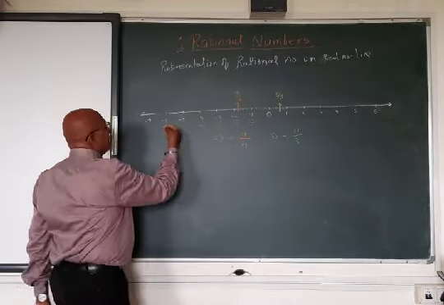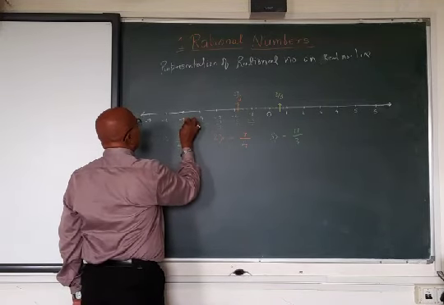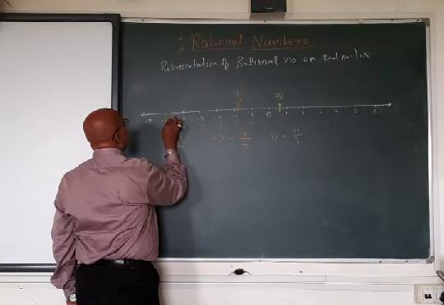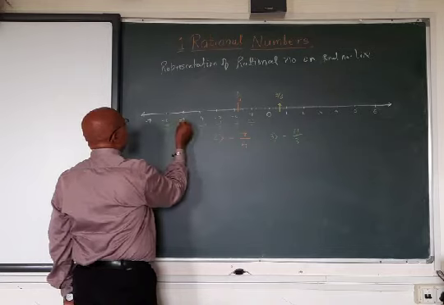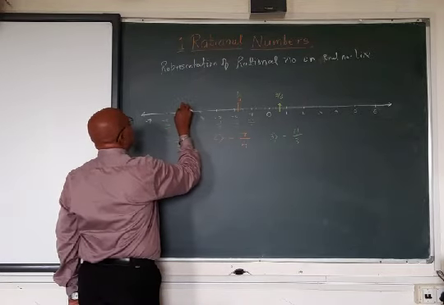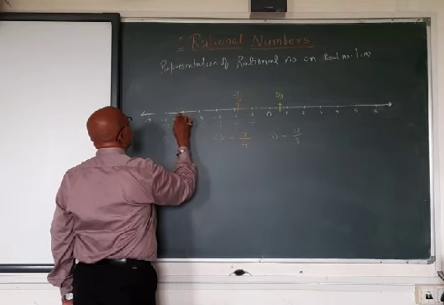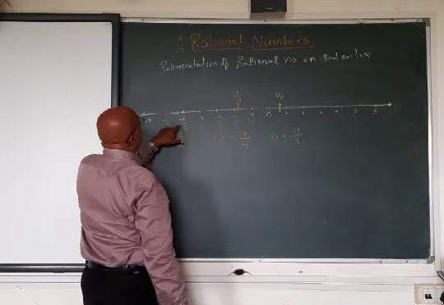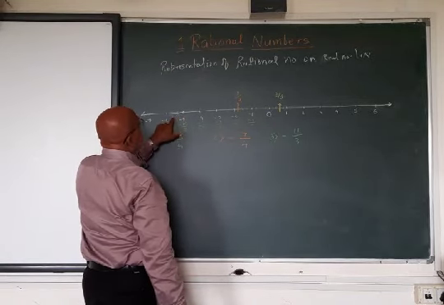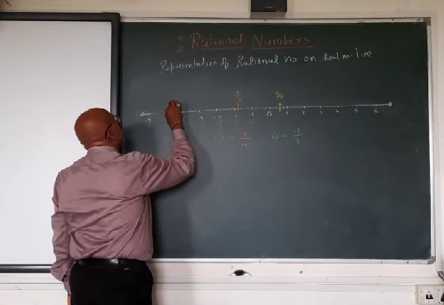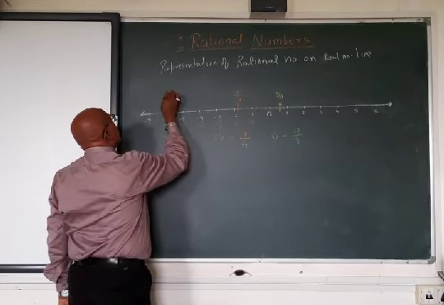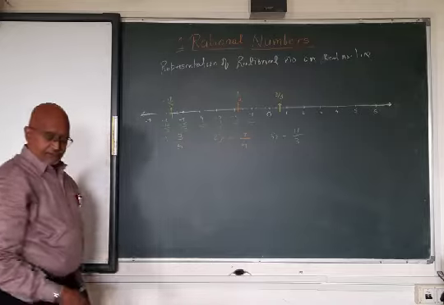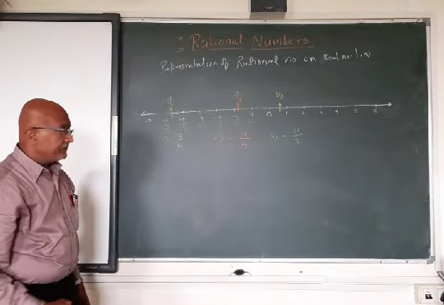Now what I have to represent is -15 upon 3, and here it will be -18 upon 3. So it should be in between these two. Now these only I will divide in 3 parts: 1, 2 and 3. Now this is 15 mark, 16 and 17. So this mark will be -17 upon 3. Is it clear? Very much.